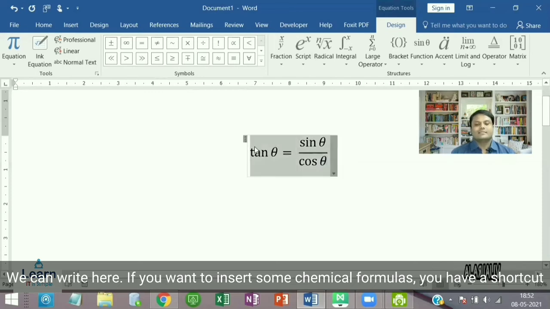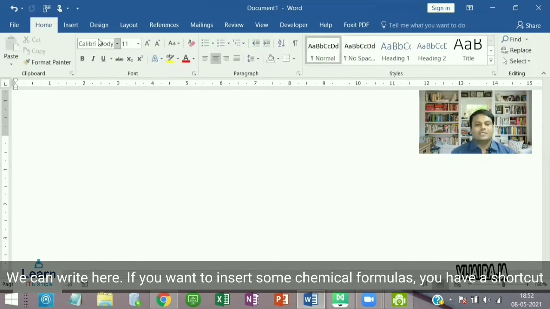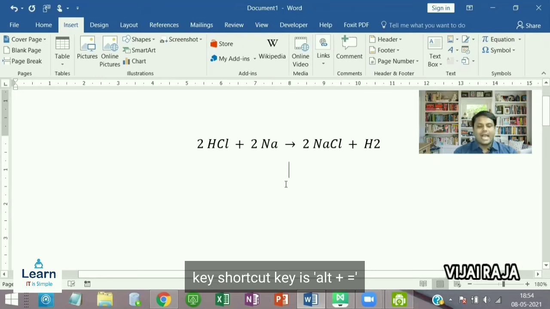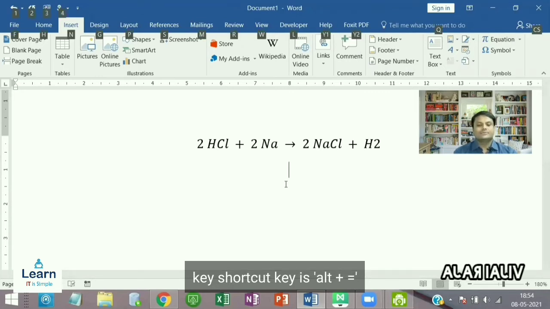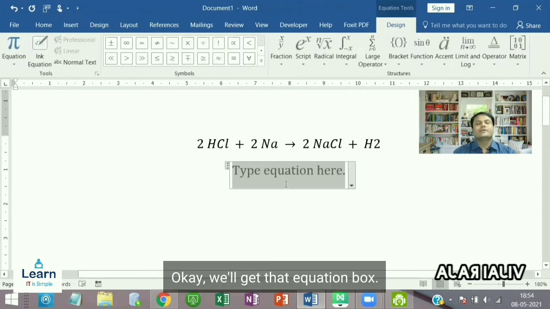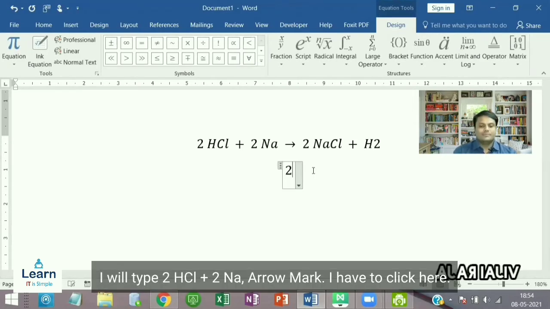If you want to insert some chemical formulas, you have a shortcut key. The shortcut key is Alt plus equal to. You will get an equation box. I will type 2HCl plus 2Na, arrow mark.